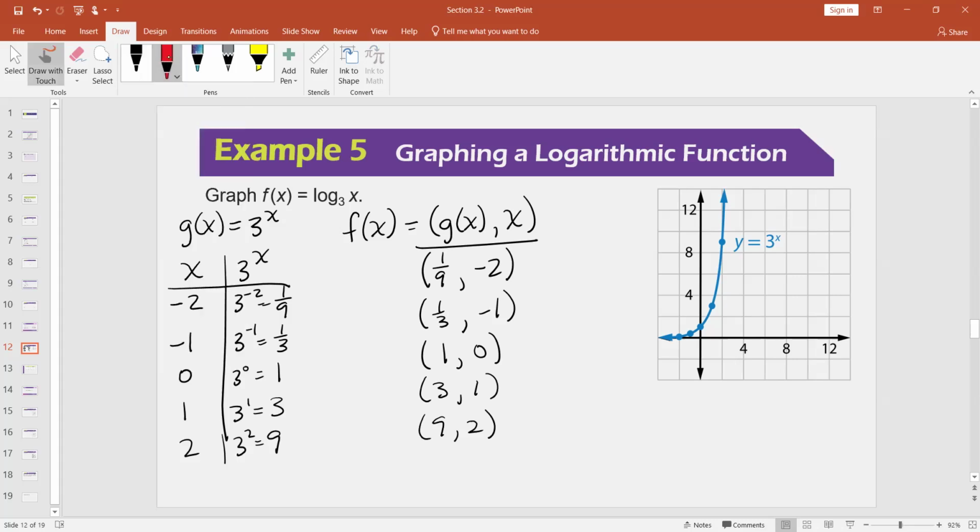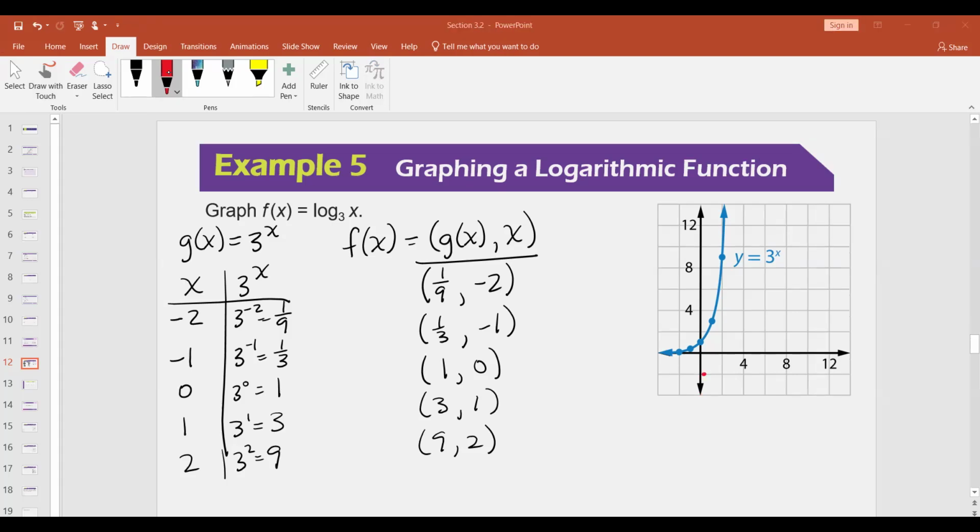Let me make these smaller. All right, so 1/9, -2. -2 goes down 1. This is extremely close to the y-axis. And then 1/3 at -1. It's about right here. Here we have our x-intercept. And then at 1, wait, that's 2. Sorry, I have to keep myself straight here. These are in 2s. So that means, hold on, that's -2. So right here,